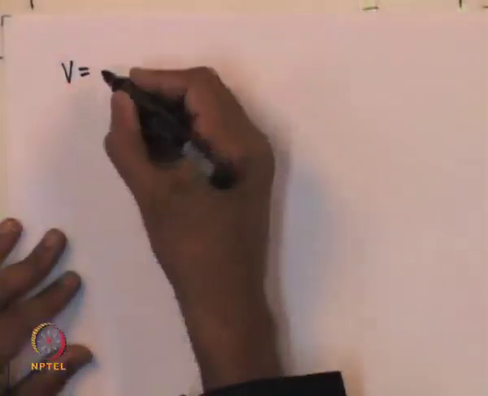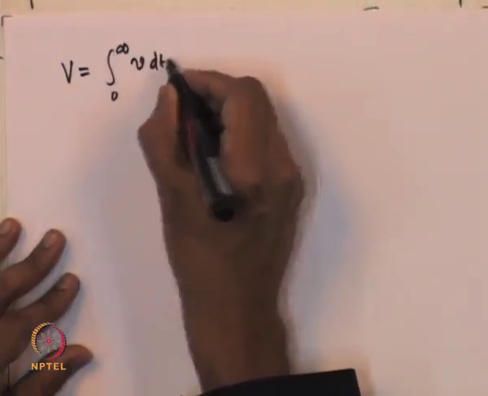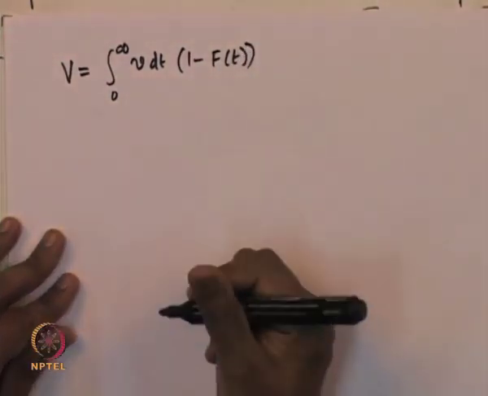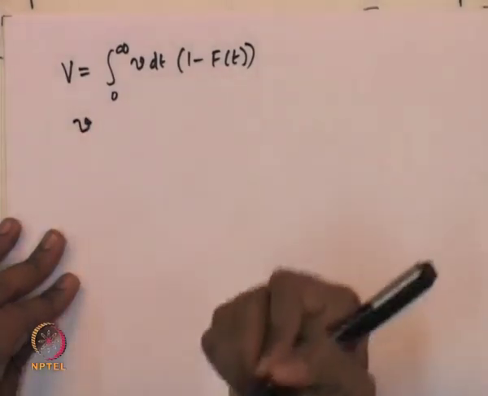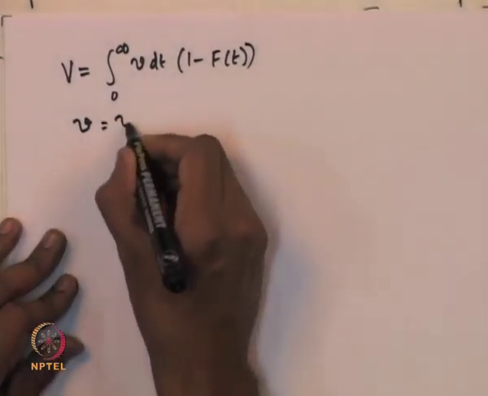So, now if we sum this over all the molecules of A, then that will tell us what is the net volume of the species which is actually leaving the reactor. So, if we sum over all A molecules, the total volume that is leaving is given by the integral from 0 to infinity of V dt into 1 minus f of t. So, from here we assume that the volumetric flow rate with which the fluid stream leaves the reactor remains constant,